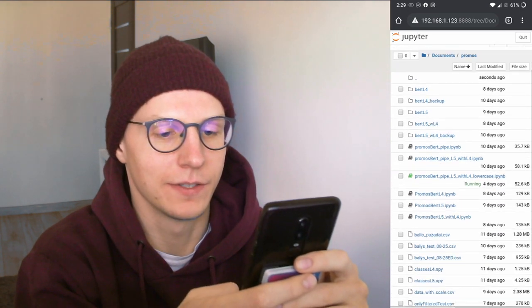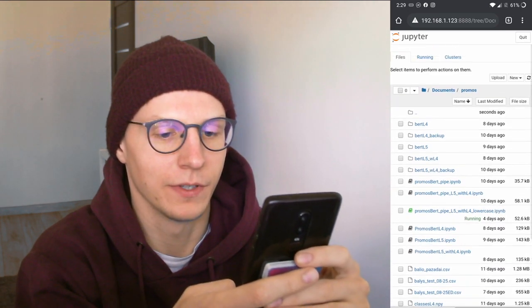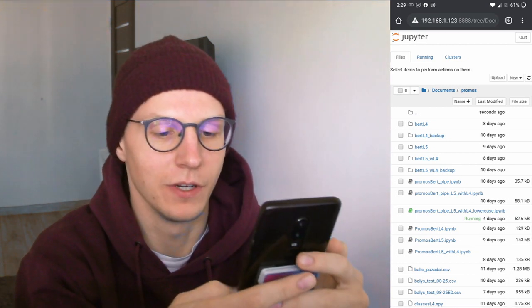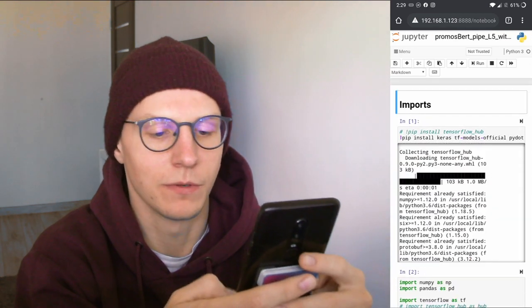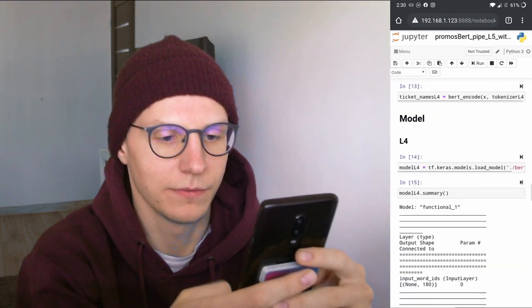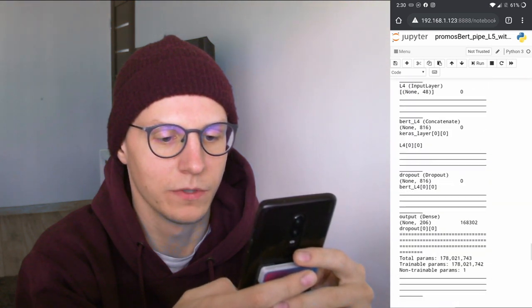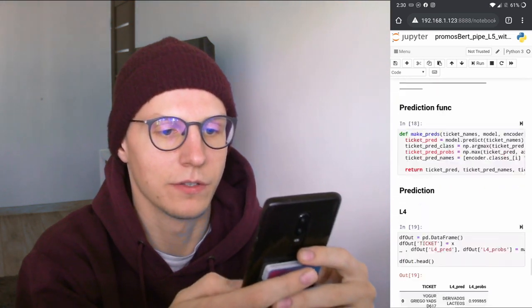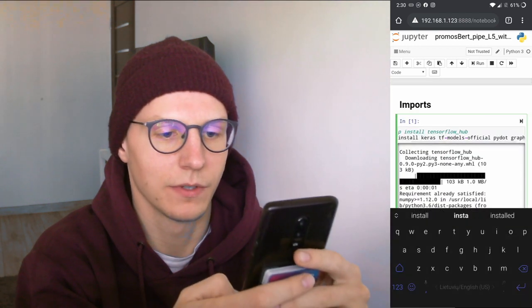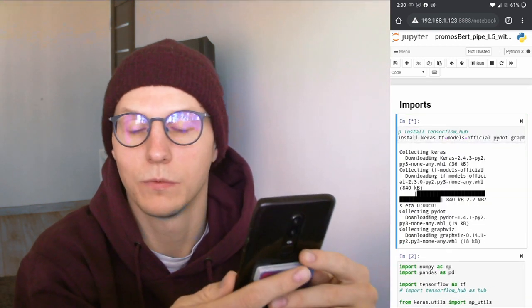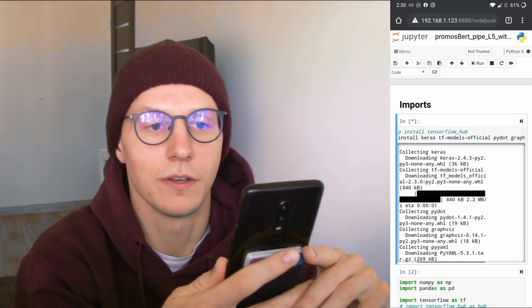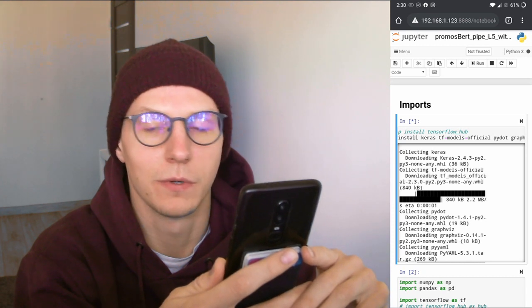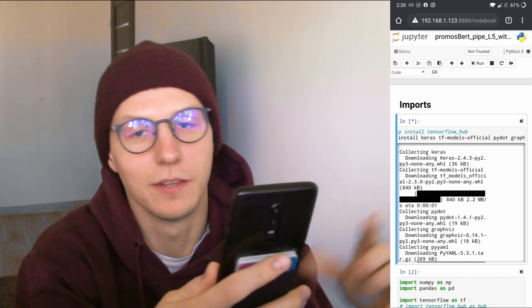And yeah, as Jupyter Notebook is already a browser-based thing, you don't really need any other packages to install or apps on your phone, and you can just run it. So as you can see, the models and outputs are already here. I can just run something if you want, so just click the run button and it works. So I can just now go outside, sit on a bench, enjoy my life and run Jupyter notebooks from my phone. It's not the most comfortable way, but